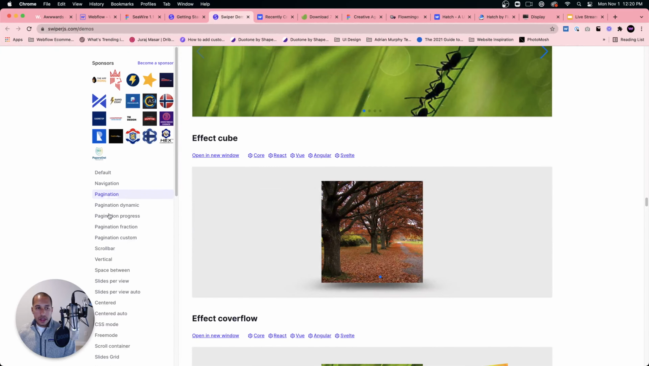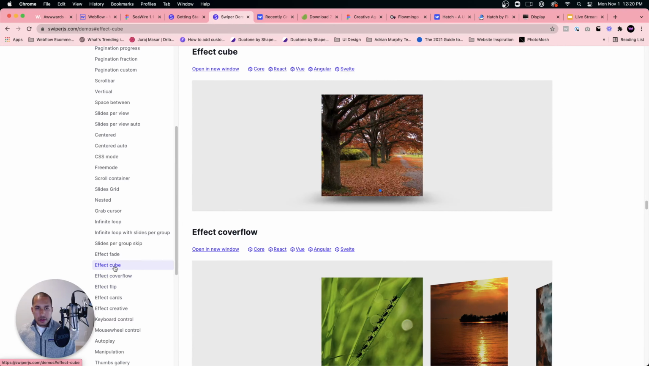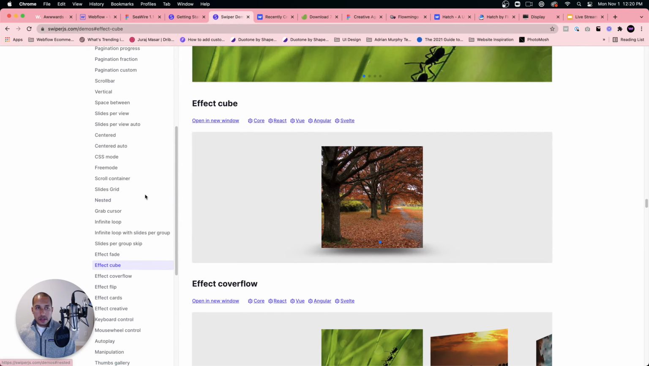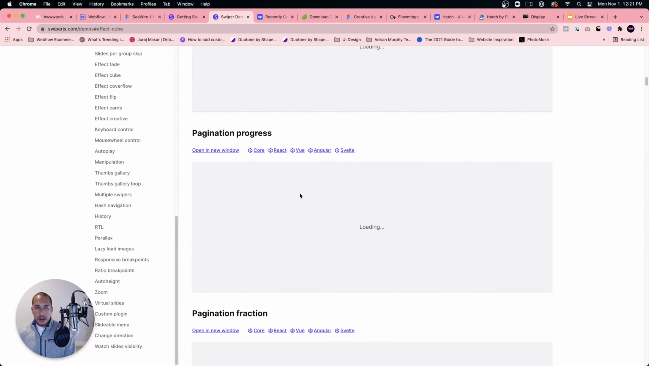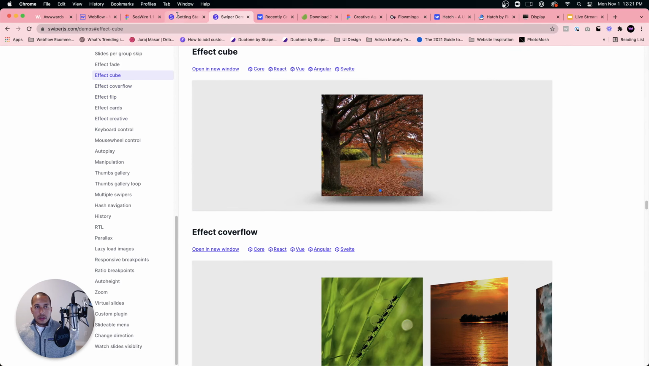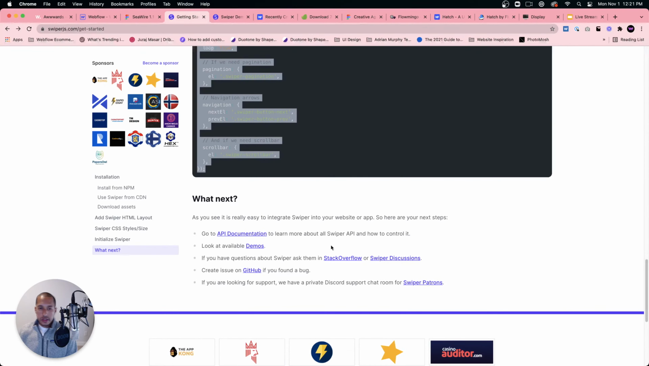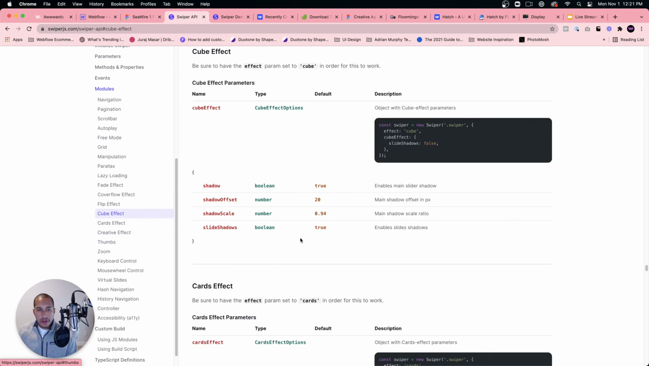and get the code that we need for this. So let me look here. So this is effect cube, and let's see. Okay, effect cube. So let me go into the documentation here, and look at cube effect. Okay, so for the cube effect, we need to add effect cube, and yeah, so I'll just copy this here,